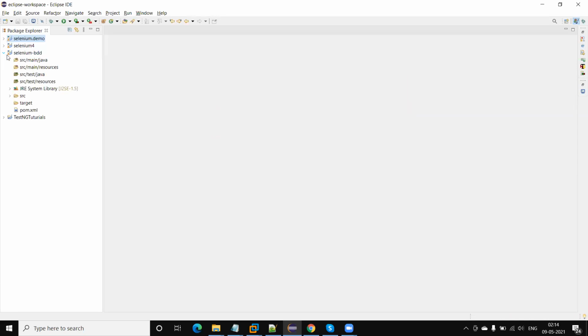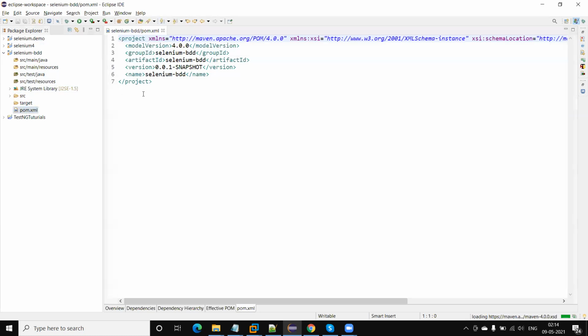Here I will get the project folders. This is Maven, and this is the basic folder structure. Now I need to add the dependencies. So I will add a dependencies section, and within dependencies we will add the required dependencies for Cucumber. What dependencies we require, we will search on Google in the central Maven repository, and then I will add them.